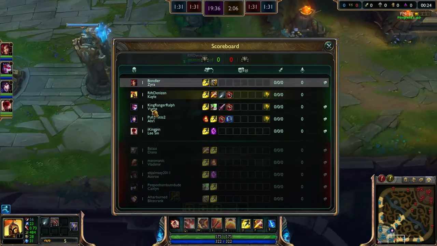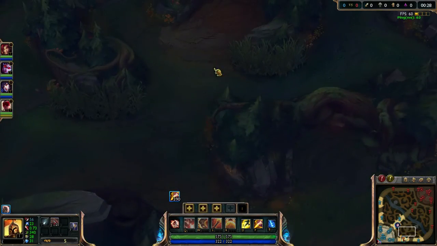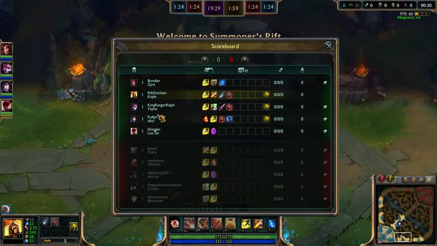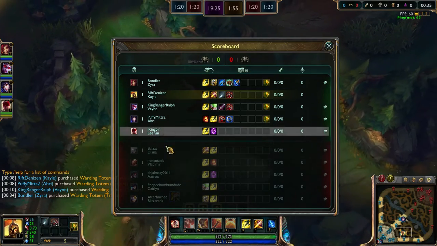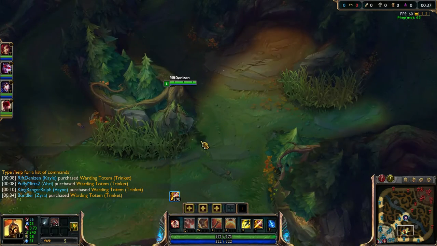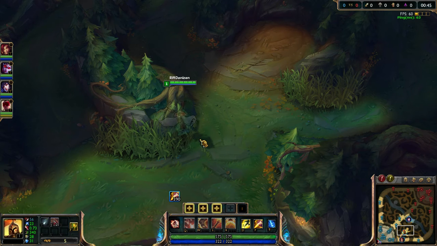We have Zyra partnered with Vayne bot against Caitlyn and Blitzcrank. I'm Kayle in the jungle against Diana. We have Ahri mid against Vladimir, and Lee Sin top against Aatrox. So the Vladimir is actually a pretty good early target for me. If I can pay him a couple visits before...